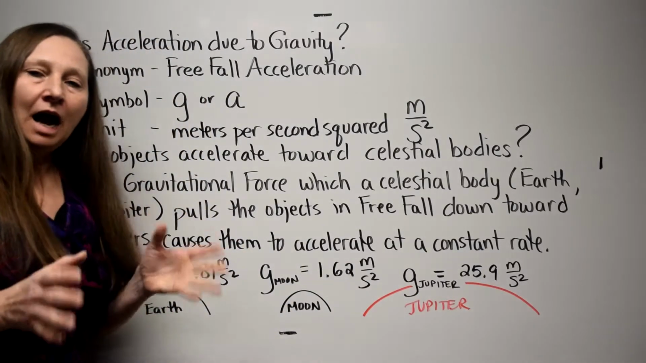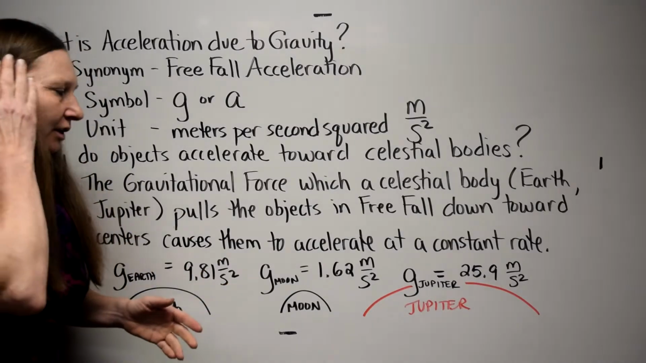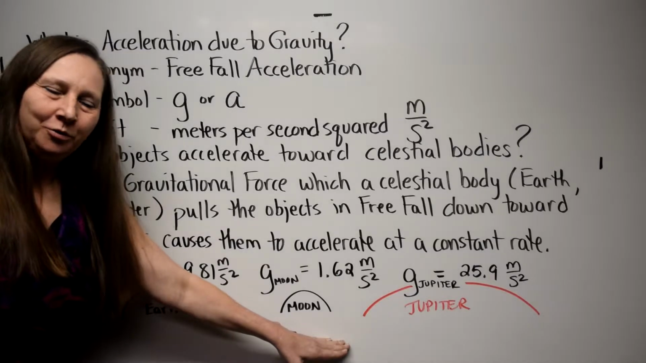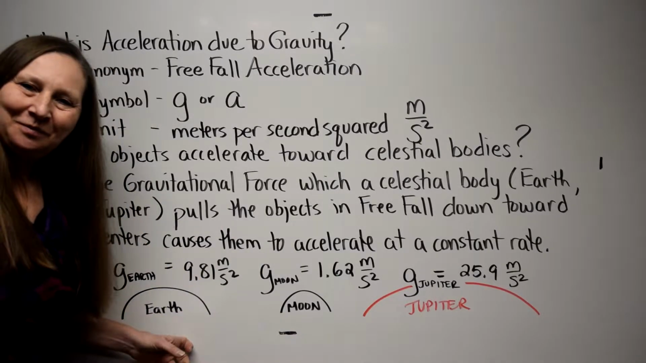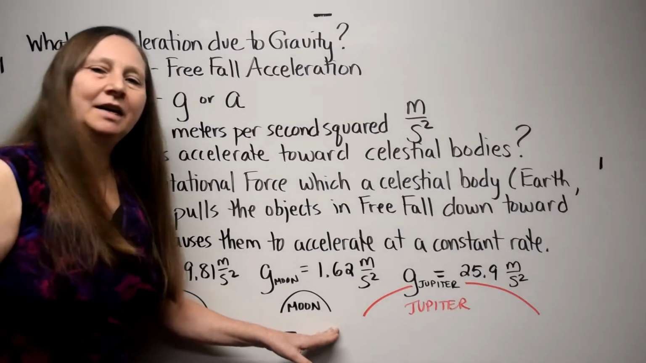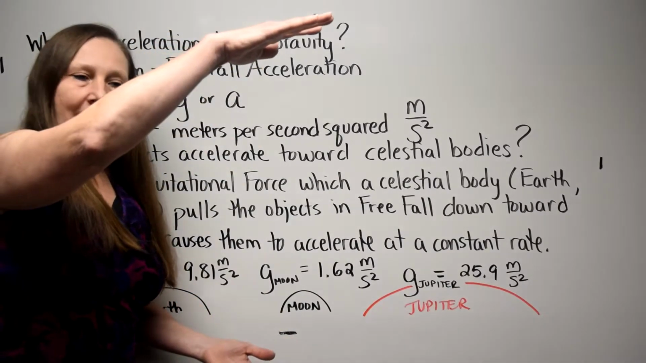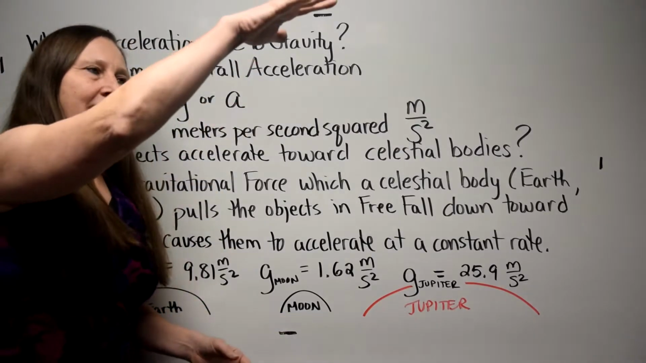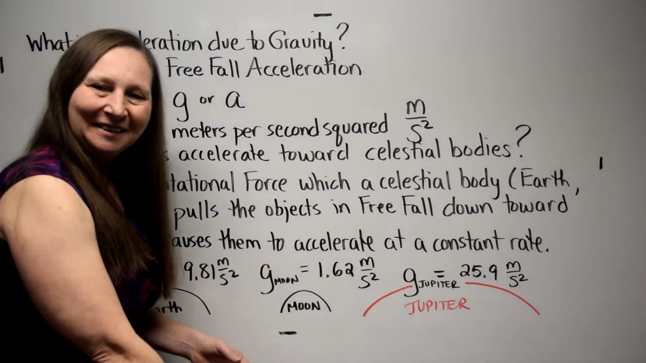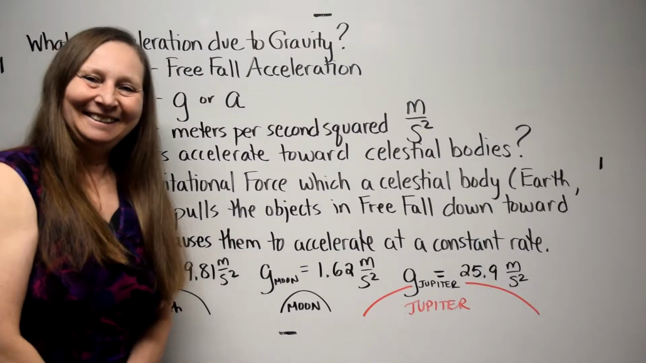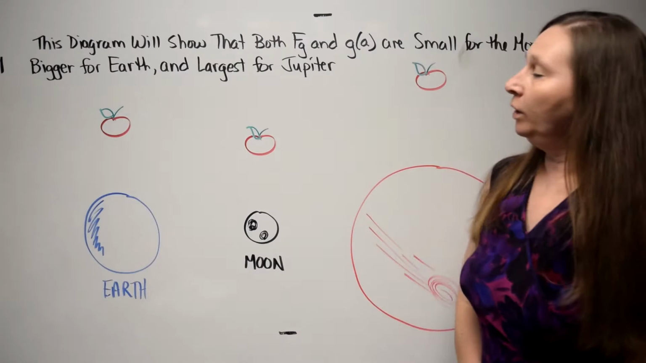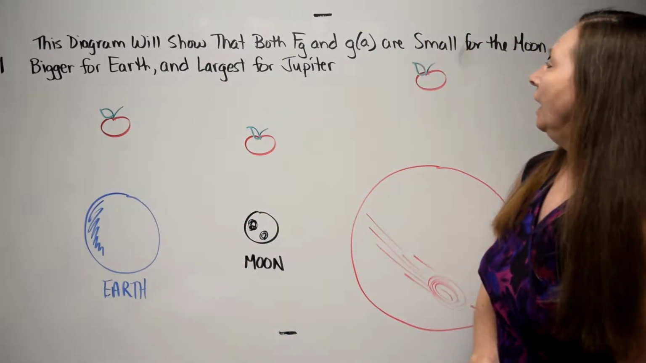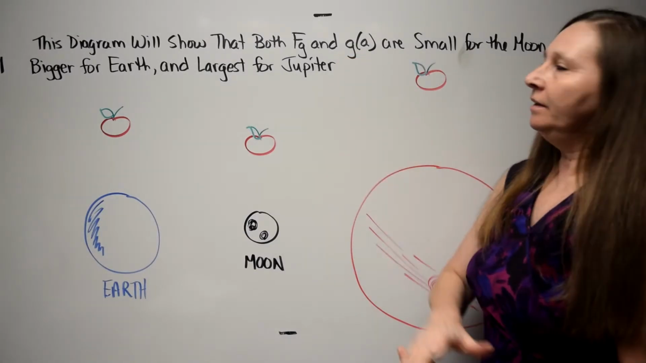This means that objects will fall to the ground faster on Jupiter, slower on the Moon, compared to the Earth. Could you imagine dropping an object on Earth and it falls down, bam, right? But if you drop that same object on the Moon, it doesn't go down as quickly. That's crazy. With this diagram, we'll show that both Fg on the apple and g, or a, the acceleration due